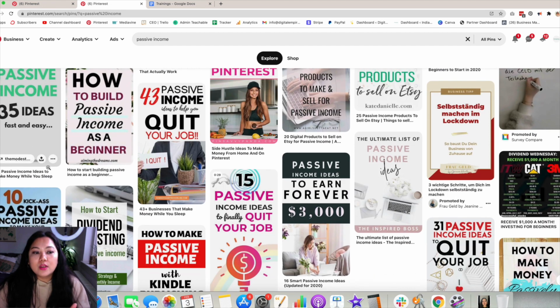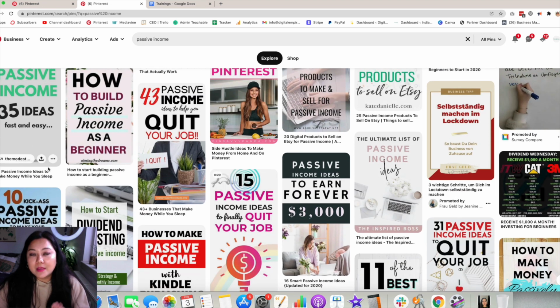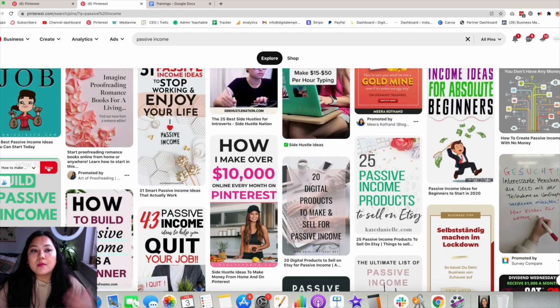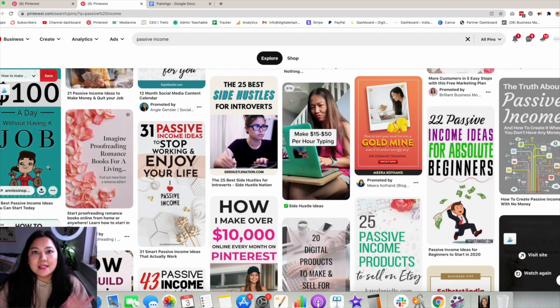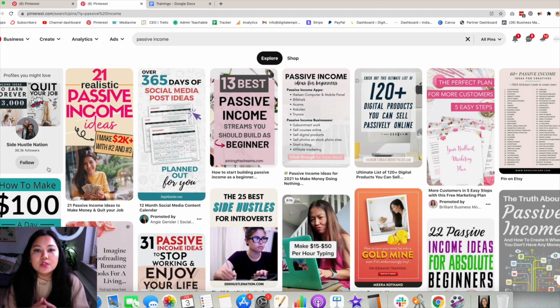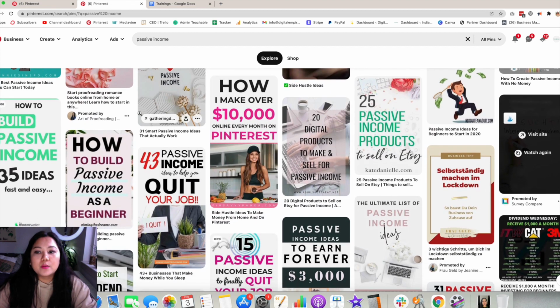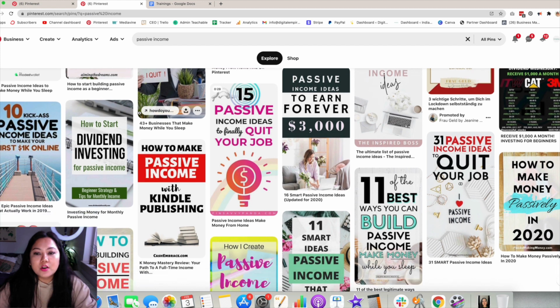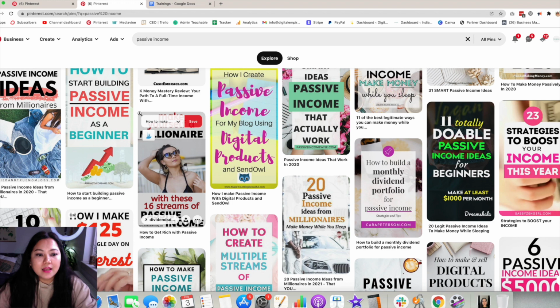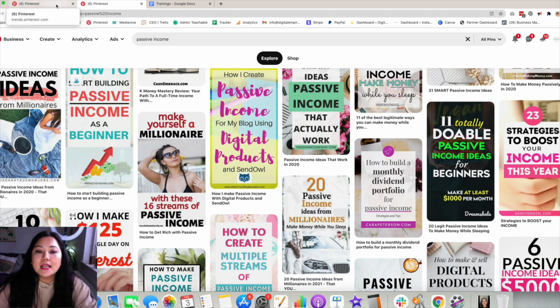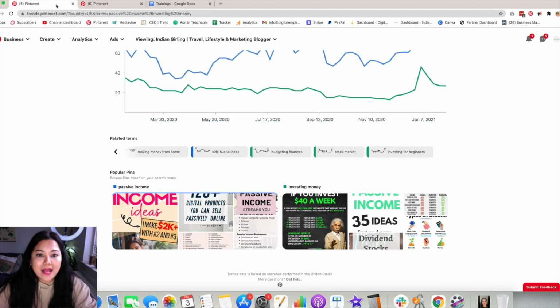Now keep in mind, when it comes to the search feed, Pinterest has a dynamic search feed. It is not fixed like Google. This means that the pins that you see here are ideally perfectly curated for you, and they're not always the static same pins that are showing up over and over again. So today you might see this, but another friend of yours searching for the same term might see something else. So keep that in mind when you're looking for popular pins as well, because just because these pins are old and they've been around for a while and they're ranking at the top, it doesn't mean that your content can't get discovered. If you use the best practices, you have just as much a chance to get discovered as well.